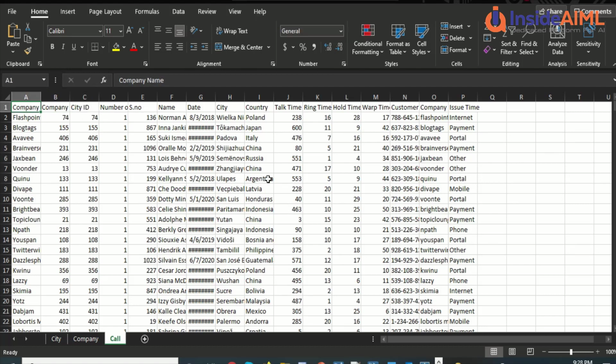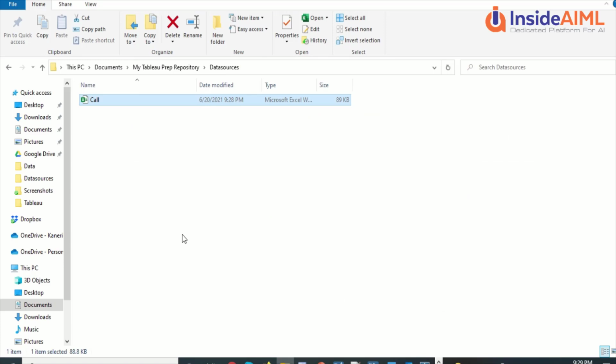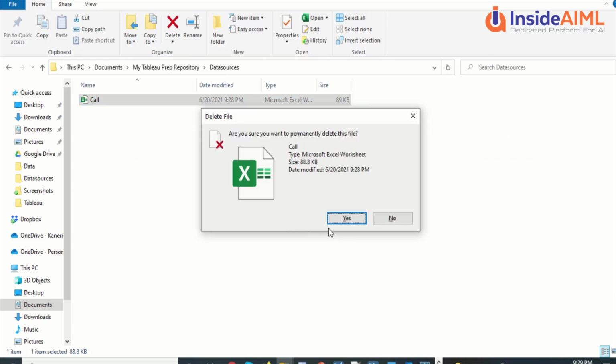Now in this table we need a few more outputs. If you remember, we talked about a couple of formulas in the initial video, where we need total time and we also need the other time, and then in Tableau we would like to create the percentage. So now in the data prep step we are going to create those as the total times, and so we need to add more steps. So let me delete this file, run it again and do it.